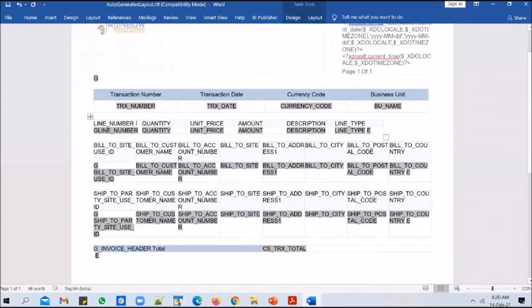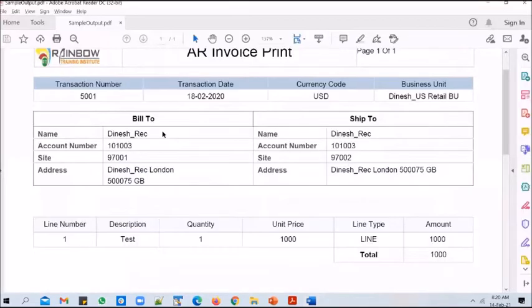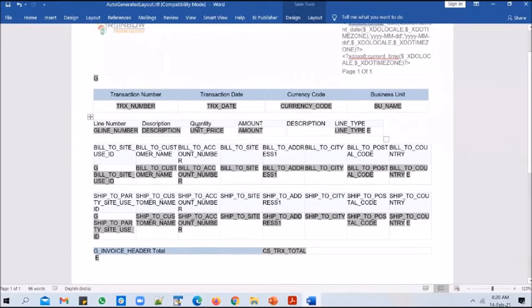So you can change the headings from all caps to init caps, and you can say description. You can take out the description and place it here. And what is the third column? Quantity. And you can put the quantity in the third column.